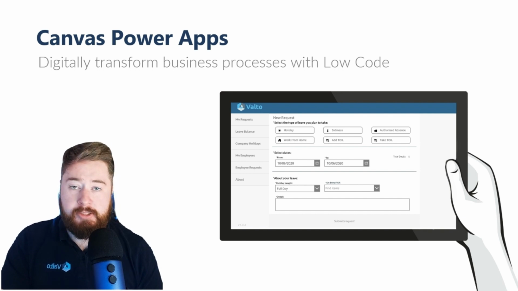Now, the best reason to use a Canvas app is because you're fully in control of building out these applications and the user interface, so you can make it look and feel however you want. In this example here, we've got a leave request system, and you can see we have a navigation bar on the left-hand side, but we could easily have put that on the right-hand side, across the top, across the bottom. We are in full control of where all these buttons sit on the page. You can see we can use these as selectors, date pickers, drop downs, choice fields, free text boxes, and